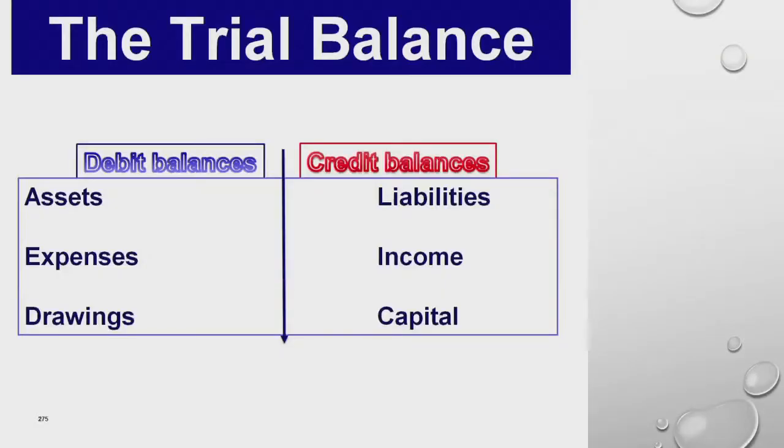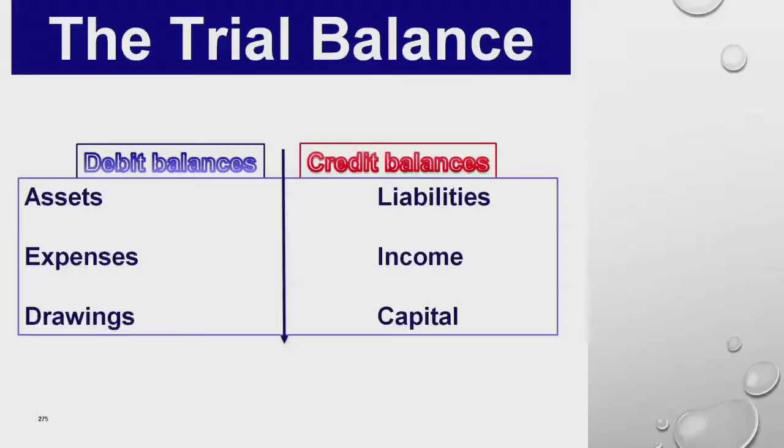Then we are going to see what we are going to do. The trial balance, we have the debit side. What is it that we are going to record on the debit side? We are talking about assets, expenses, and drawings. All those accounts are recorded on the debit side of a trial balance, because a trial balance has two columns, a debit side and a credit side, and you should know which one to record on the debit side and which one to record on the credit side. So the ones you record on the debit side are the assets, expenses, and drawings, while on the credit side you record